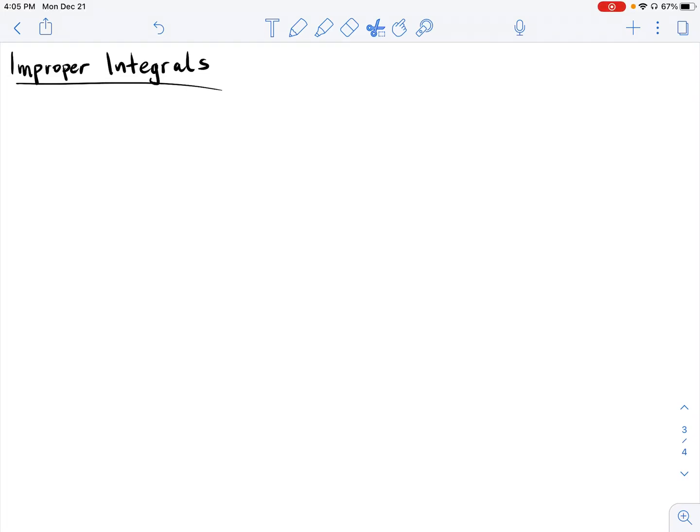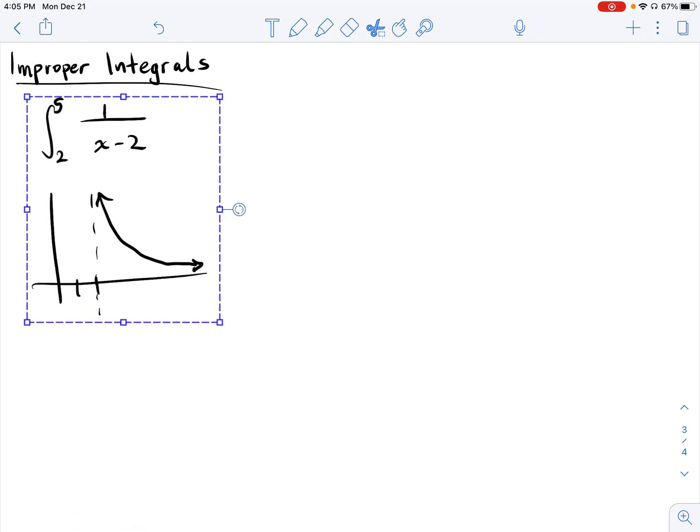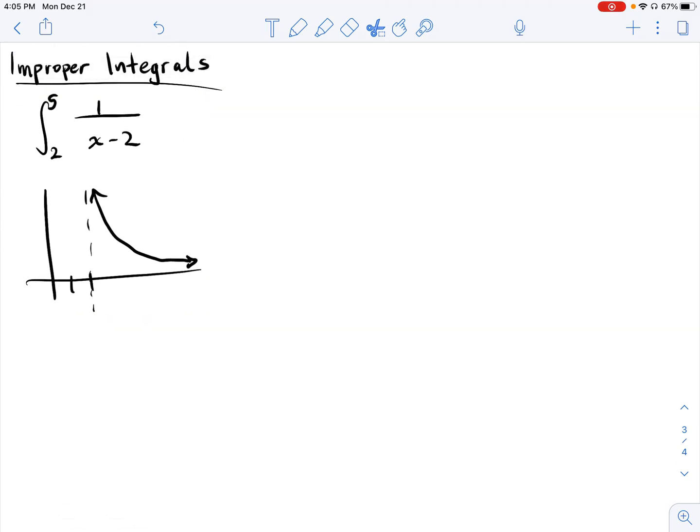All right, we have integrated many different types of functions in this course, both indefinitely and definitely. However, there are a couple of questions that we haven't answered so far in regards to integrals. Namely, what happens if we integrate through a vertical asymptote? Is that even possible? For example, if we saw something like this,